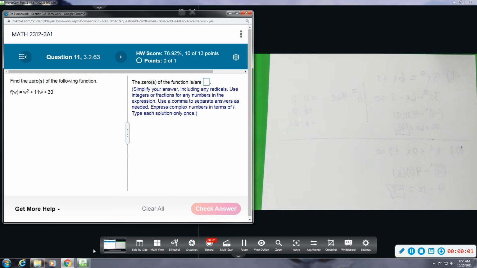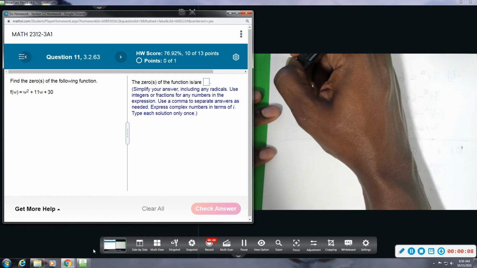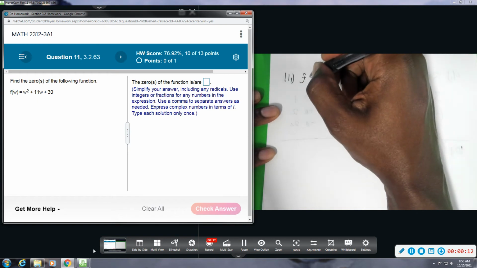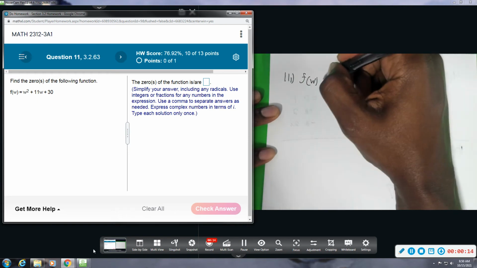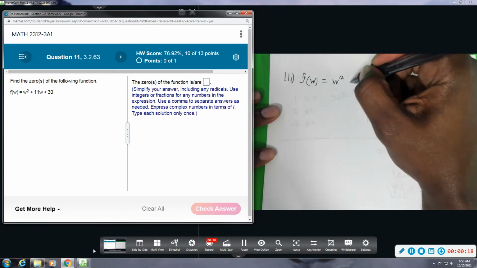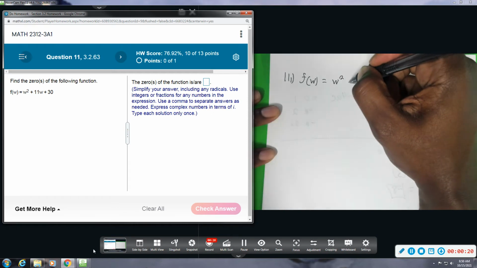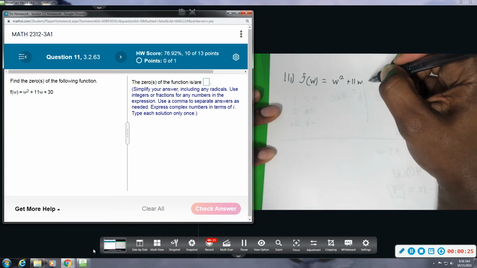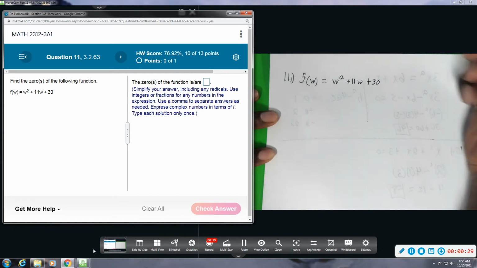All right, number 11, we want to find the zeros of the following function. So it's just a normal quadratic equation, but it's in terms of w, f of w. And we have w squared plus 11w, and then plus 30. Okay, so the best way, the fastest way to solve it is to see if it